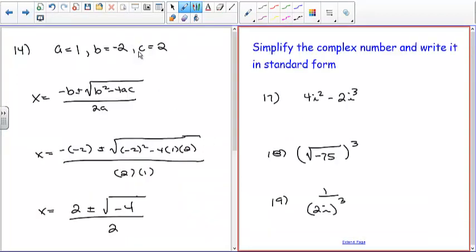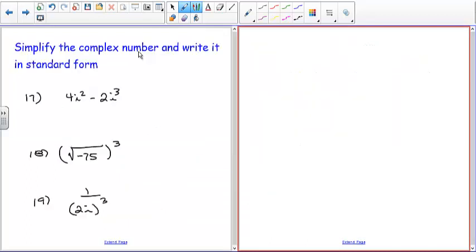Here, using what we talked about early on, i squared is going to be negative 1. i cubed is negative i. So for 17, I'd have 4 i squared, but i squared is negative 1. And then I'd have i cubed, which is negative i. So I'd have negative 4, and then negative times the negative is positive. So I get 4 plus 2i. So anytime you have a higher power of i, you can simplify it. Now the second one,